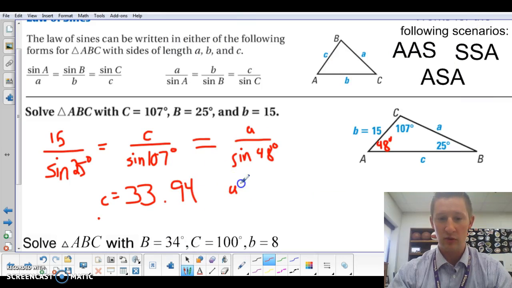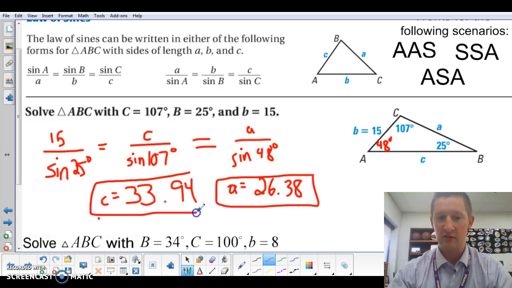So A equals 26.38. All right, so I know side A is 26.38. I know side C is 33.94, and I know that angle A is 48 degrees. Those are the three things I needed to solve for to solve that